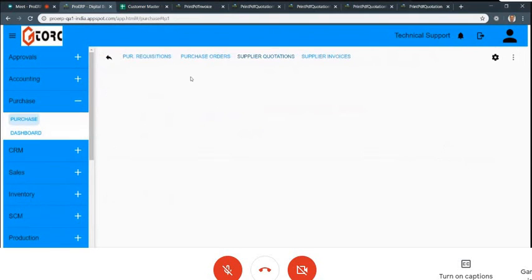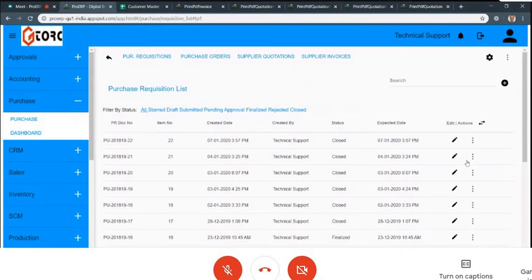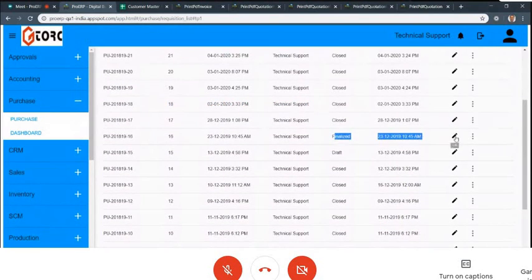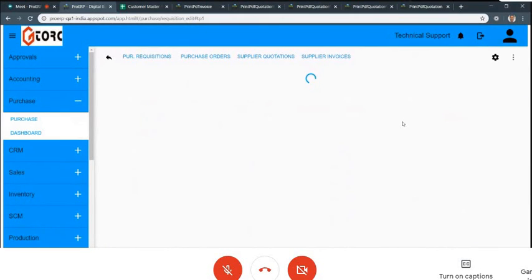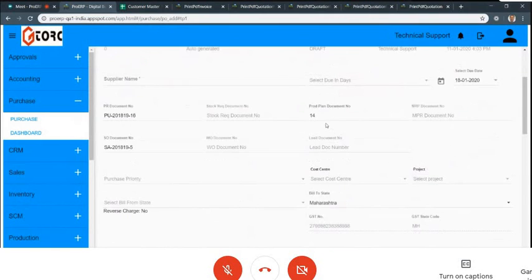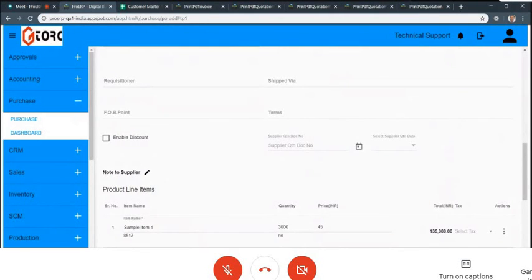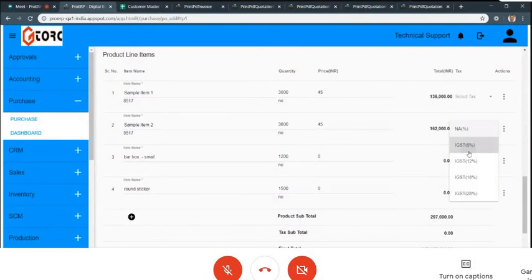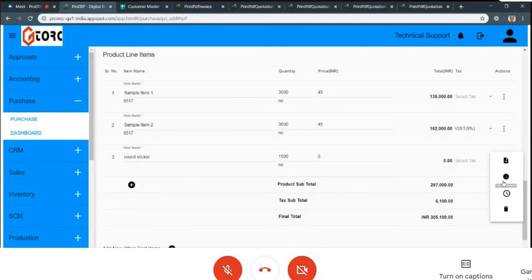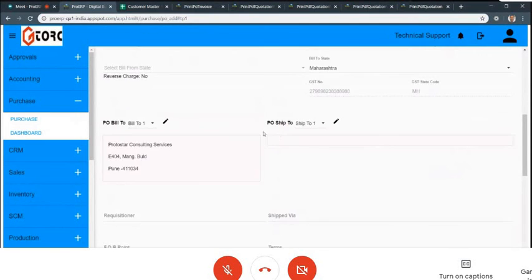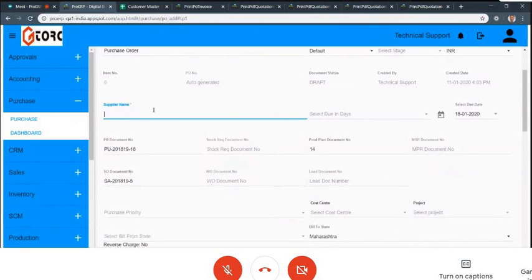We haven't seen it yet. I'll quickly convert one of the requisitions into a purchase order, and let's see how it works. Okay, so now I'm completing a purchase order.